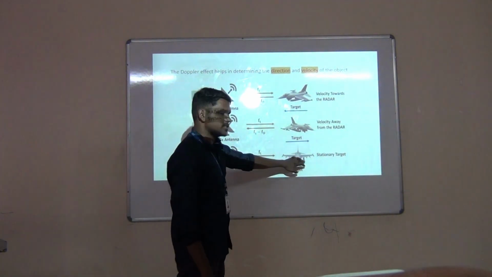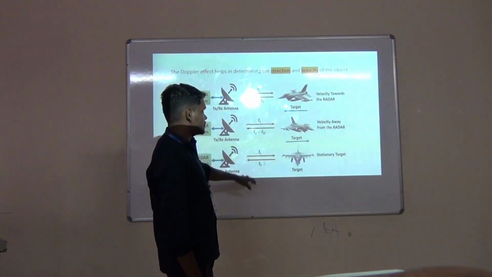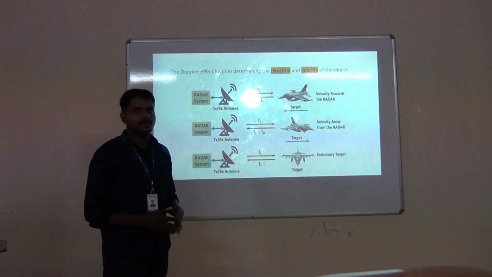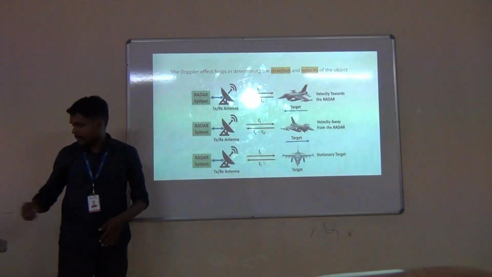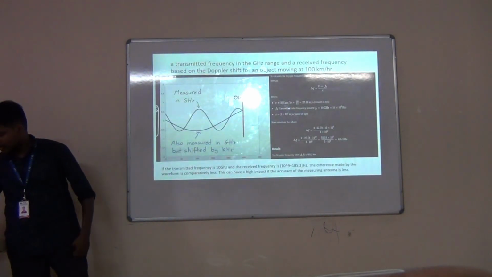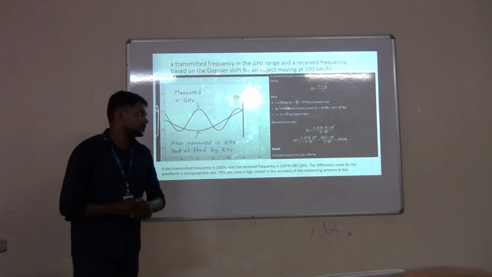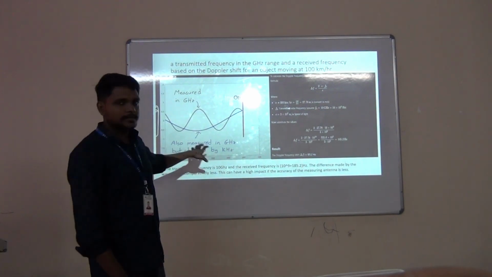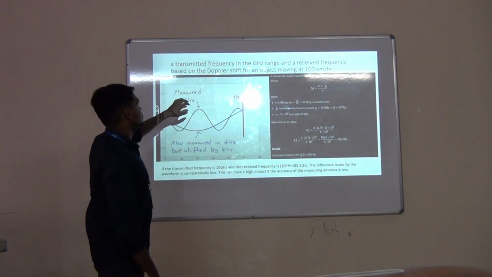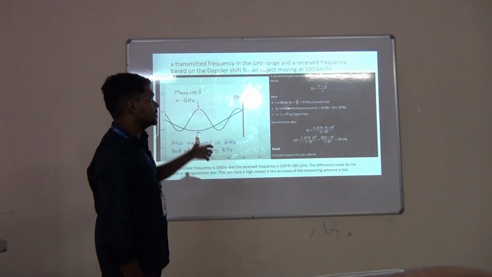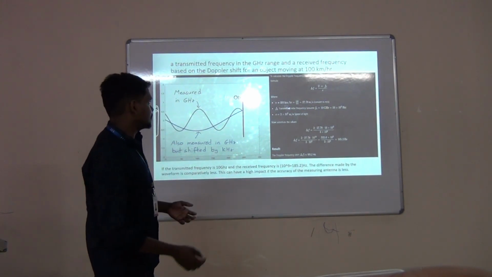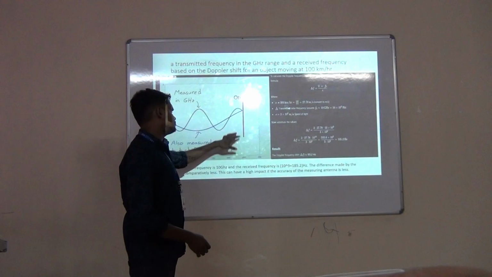If the object remains stationary, the frequency remains the same in a continuous waveform. Next, there is some calculation involved. The transmitted frequency will be in gigahertz, and the received frequency will not